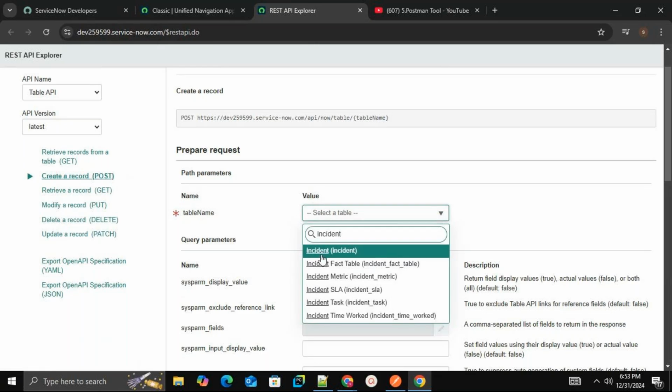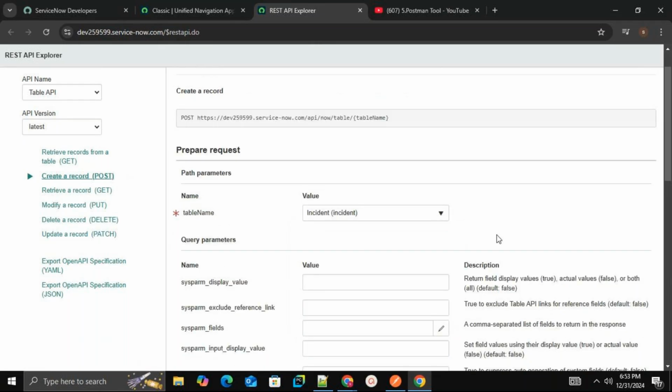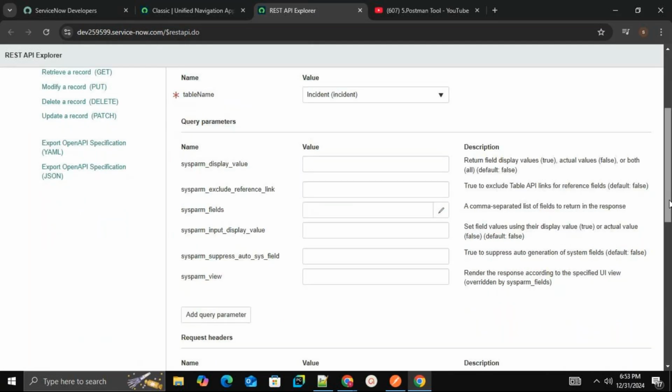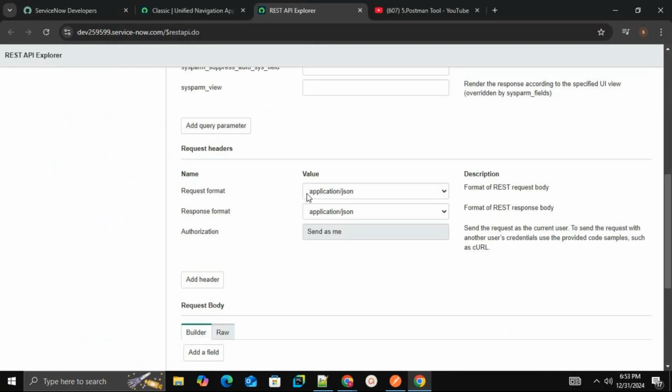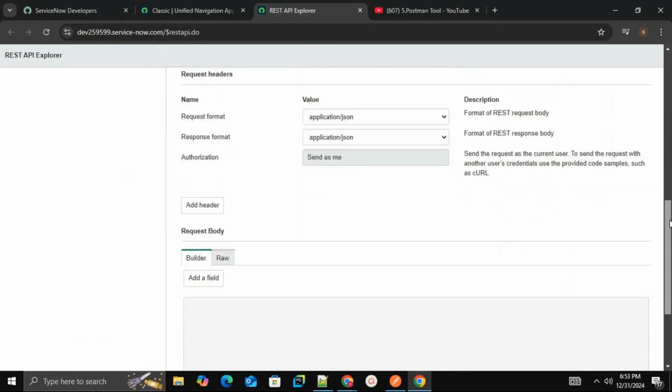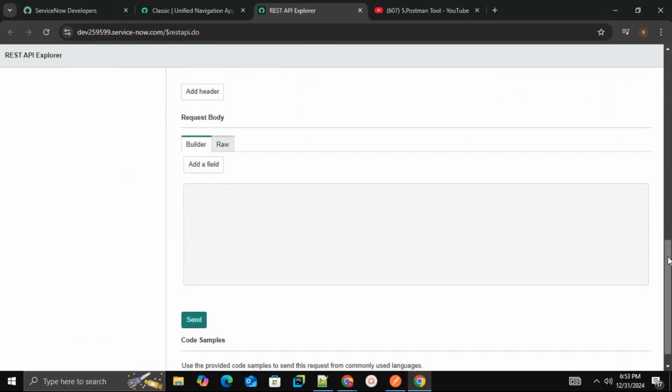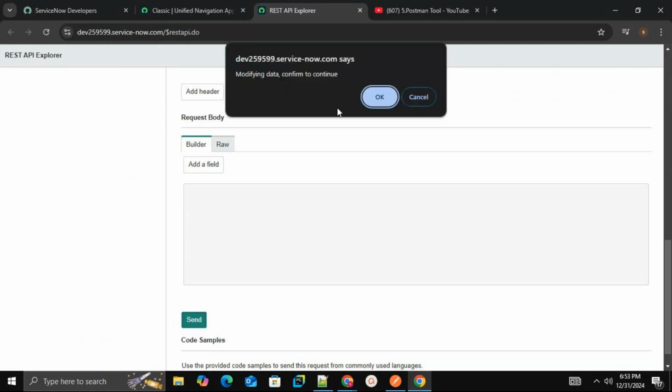I'm selecting the table, the incident table. Now here just select the table, and already we have request format application JSON, response format application JSON. Go down here, we need to send the request. Here click on the send button. Once you send it,